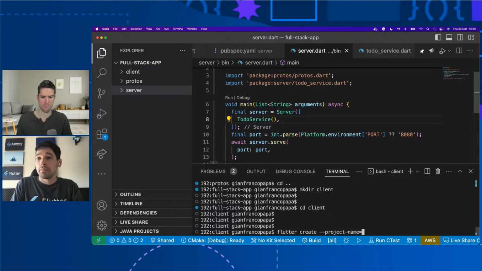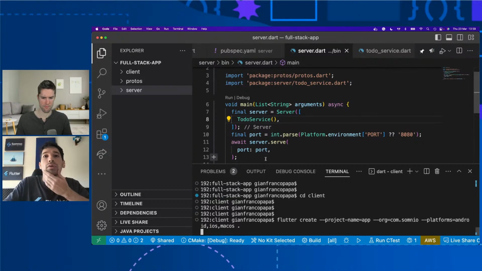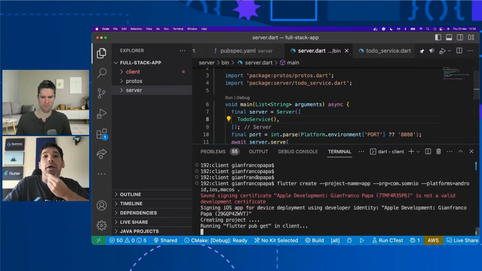So maybe for the name, we can choose app. I'm going to use the Somni organization, and then the platforms. We can choose, as I said, Android, iOS, and macOS. Okay, and let's create everything here. So this should create our app in Flutter.